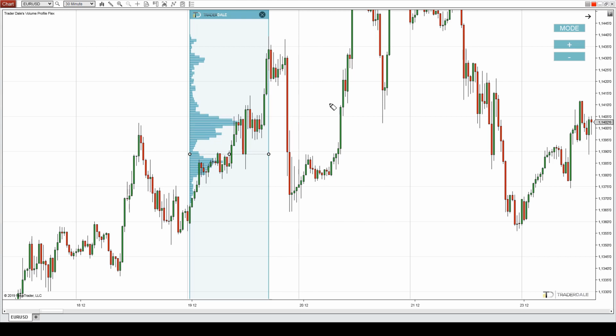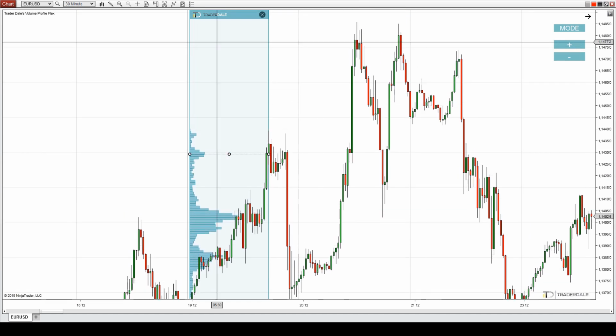There was FOMC meeting, those candles, this is FOMC rate decision. So you definitely don't want to trade during such strong news. So no trade there, but if there was no news, it would be a very nice trade to take. And I'm sure that it would be a winner. So what's next